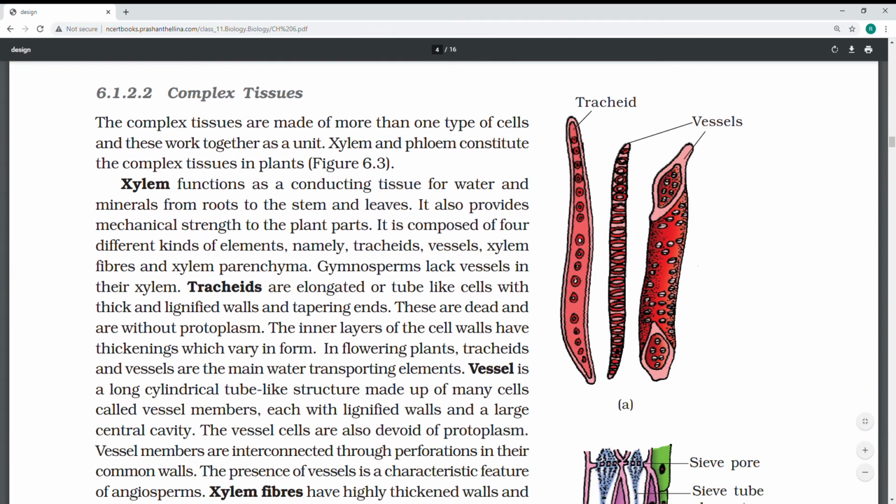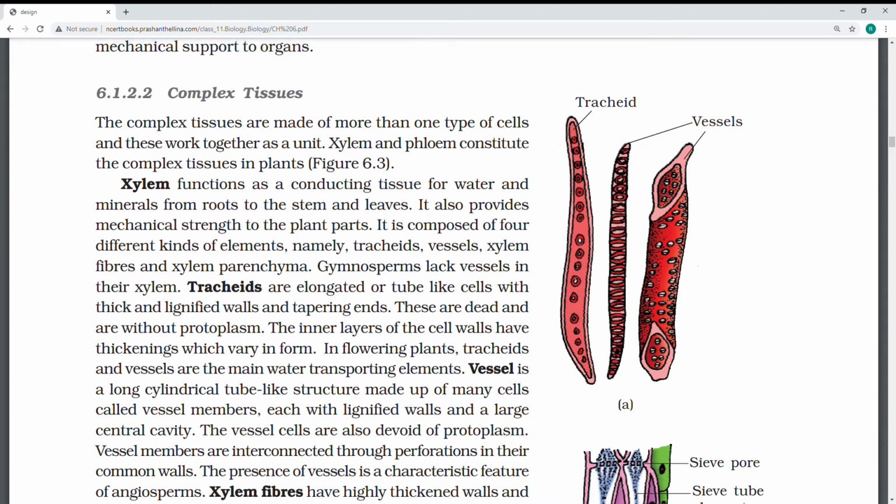See, the complex tissues are mainly xylem and phloem. Why are these called complex permanent tissues? Because the tissues are made up of different types of cells. It is more than one type, like xylem: protoxylem and metaxylem, which are at the tip. Those are called proto and meta. You won't understand it all at one time; as I keep explaining, you will understand.